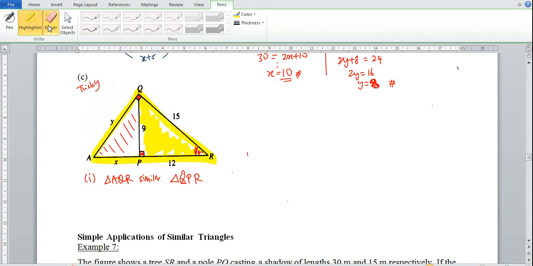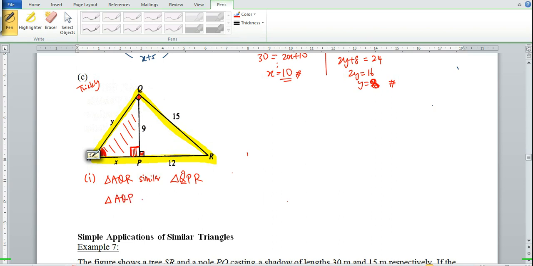Now, if we erase this one, we can see that if this is a right angle, I can also have another right angle here, isn't it? Because this is also a right angle, I also have a common angle at A that I can play with. So I can say that triangle